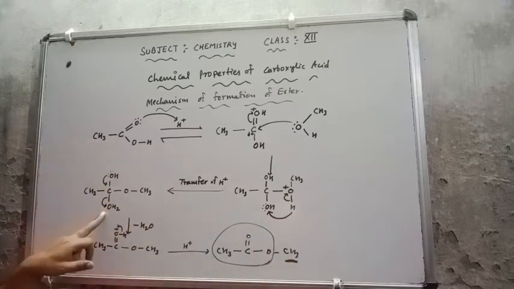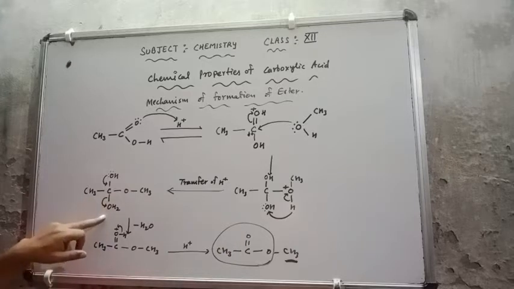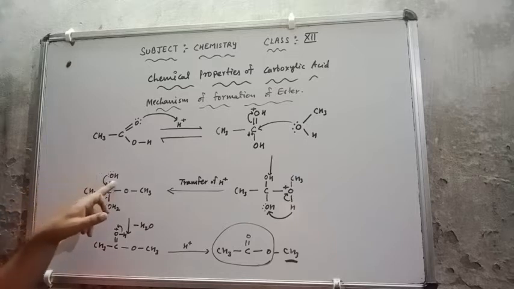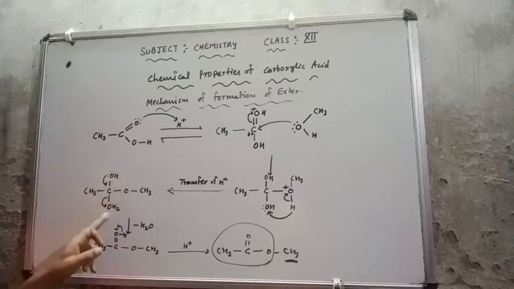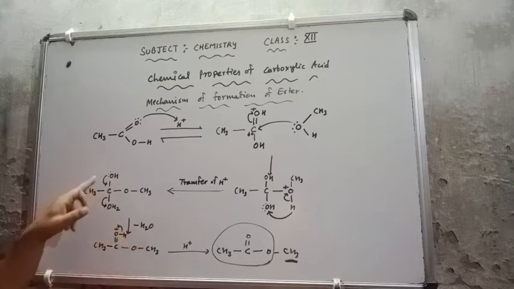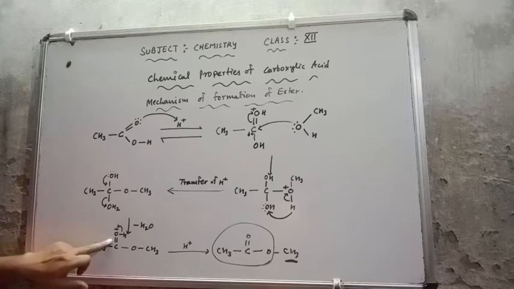Now we are getting OH2 here, which is a best leaving group, so easily it will leave from here. That means the water molecule is eliminated from here. How is it possible? This bond will transfer the electron back toward this bond. The lone pair gives its electron to this bond, so this becomes a double bond. At the same time the water molecule is eliminated from here, so this H2O is eliminated. Oxygen has given the electron, so it gets the positive charge. The double bond is available here.